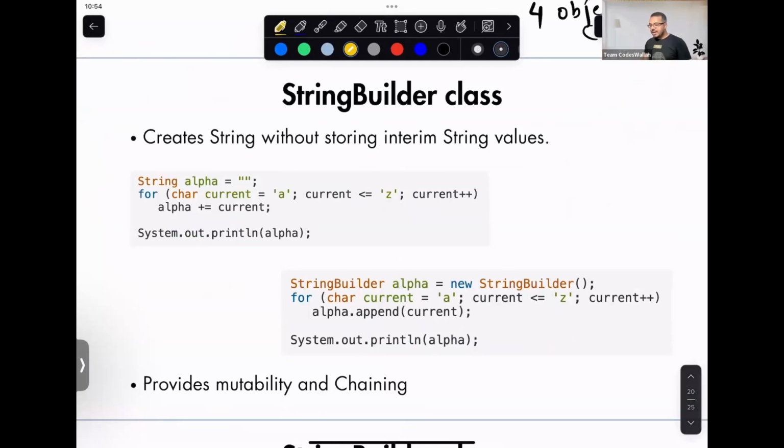There is a class called StringBuilder. What it does is it solves the purpose of immutability that String has in Java. So what StringBuilder does, just take a look at this program. Before we understand what exactly StringBuilder does, take a look at this first program and tell me